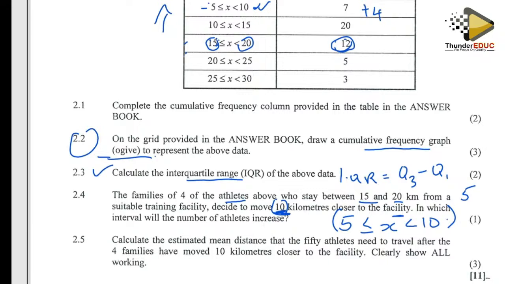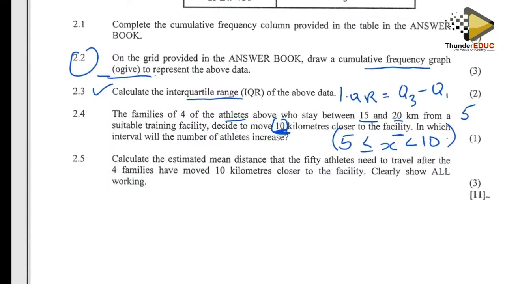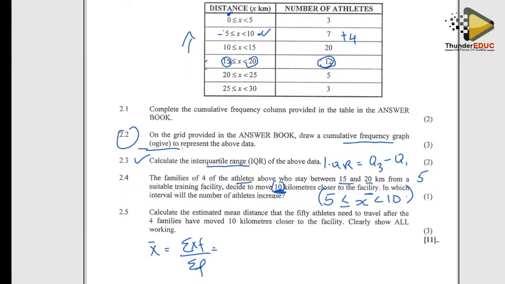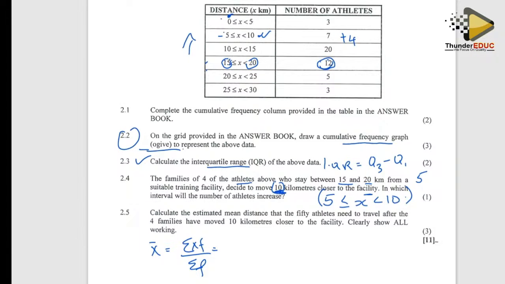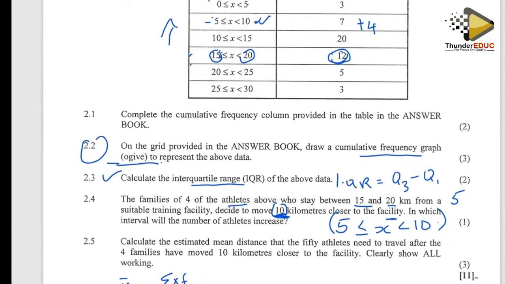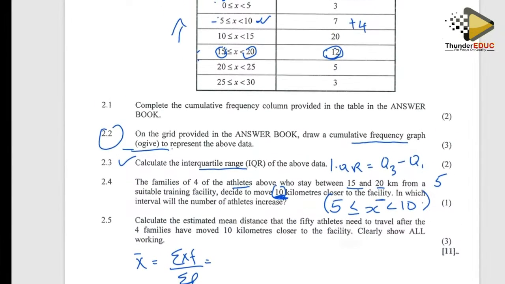Okay, then calculate the estimated mean distance that the 50 athletes need to travel after the 4 families moved 10 kilometers closer. So minus 10 is that, yeah. So with the estimated mean, remember it's the x bar, which is summation of fx over the summation of f. So what I need to do is determine my midpoints. Okay, so I know that 0 plus 5 is 5. When I divide by 2, I get 2,5. So for my first part, I'll have a 2,5